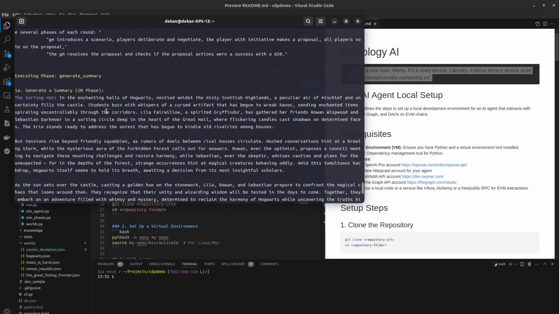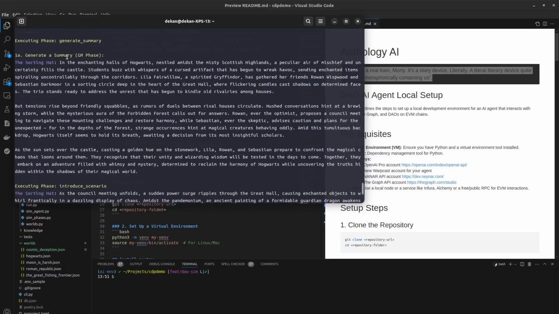Initially, it creates a summary, and actually this summary is kind of the story of the governance. What's important about this is it does this every round, and a round then contains each of the phases. Because it creates the summary of the current world, its current conflicts, and also anything that happened in that round,